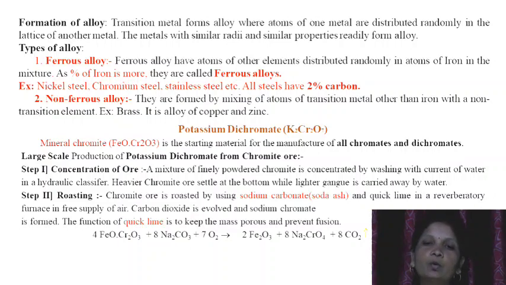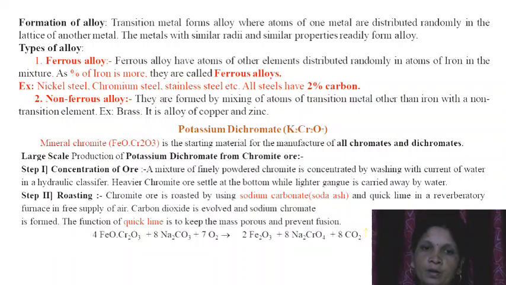Now let us discuss a new point, that is potassium dichromate, K2Cr2O7. It is an oxidizing agent. The chemistry of this potassium dichromate is included in your syllabus. Firstly, we'll see its large scale production, and then chemical properties and physical properties. We'll also discuss the uses of potassium dichromate. The mineral chromite,